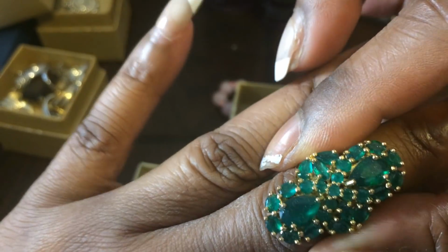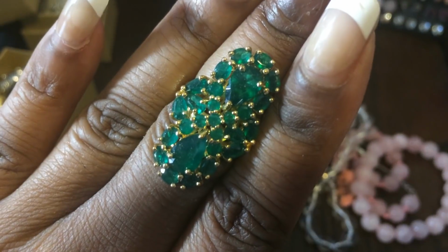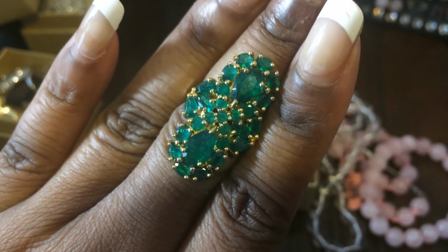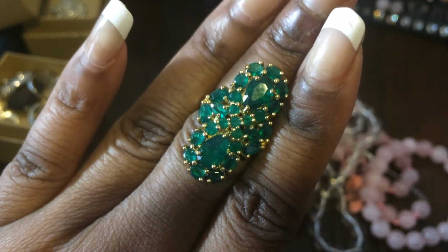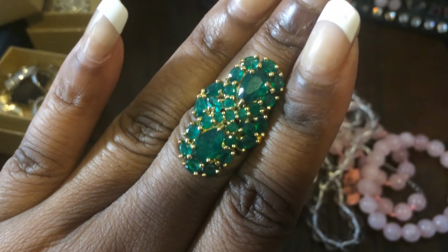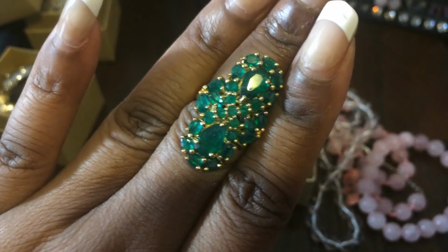And here's the ring, which I bought from my other hand. But isn't that pretty? Look at that. Emeralds are one of my favorite gems, FYI. Just to give you guys a heads up. But yeah, that's a set from